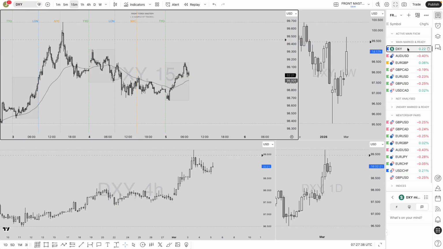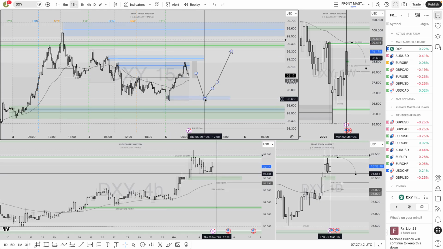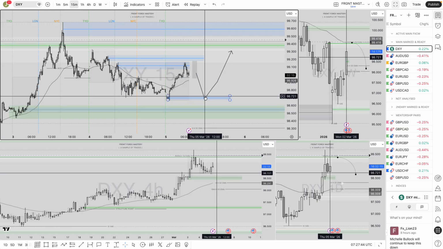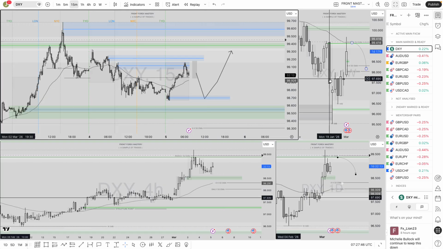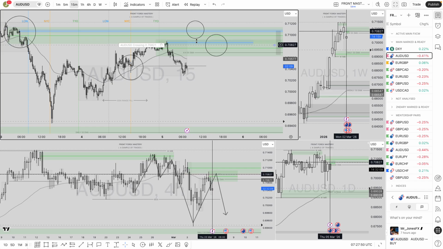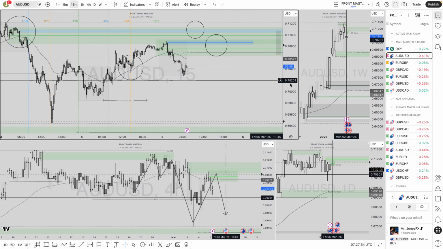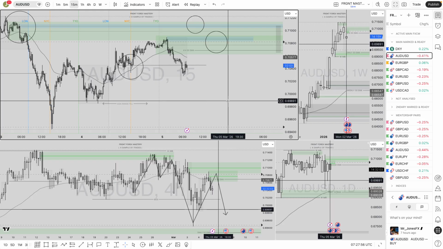So if you look at DXY again, two clear areas down the lows, that would be my two clear areas for take profit positions on GU longs. Also then using AUD USD, those are the two clear areas on that pair where you'd be looking for short positions post confirmation. Thanks guys, I hope that makes sense.